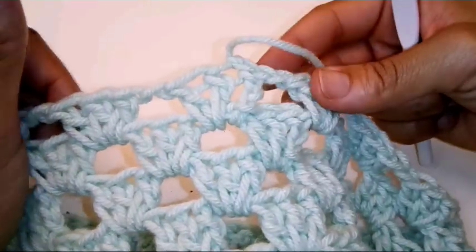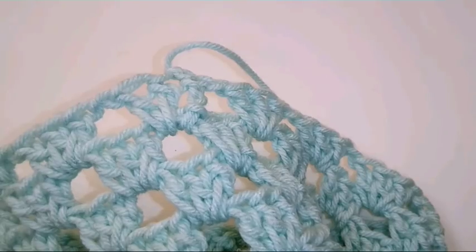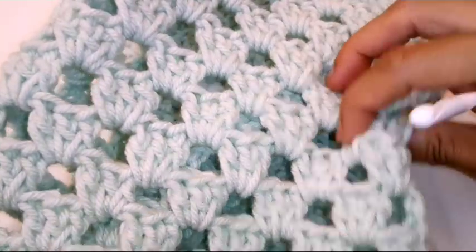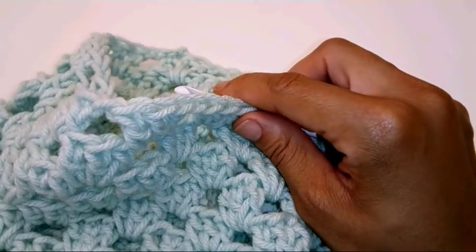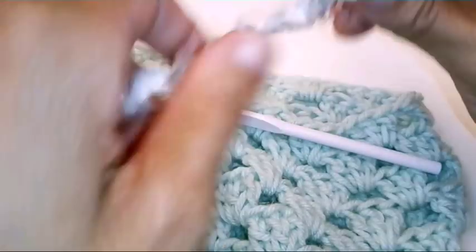Next, we're going to put a border around this part with the homespun yarn. So we're going to attach that. I like to attach it to the very underneath of my work where the armpit would be, so you won't be able to see the seam as much. It's probably hard for you to tell exactly where mine is. It's getting a little bit hard to film because the top is getting extremely big. Alright, so let's take your homespun yarn,